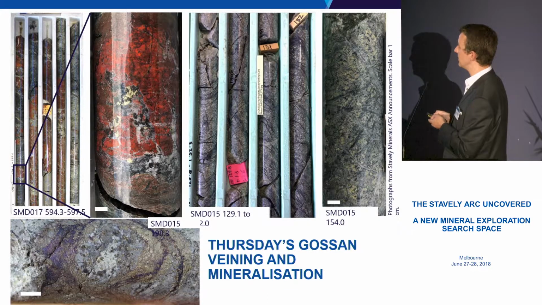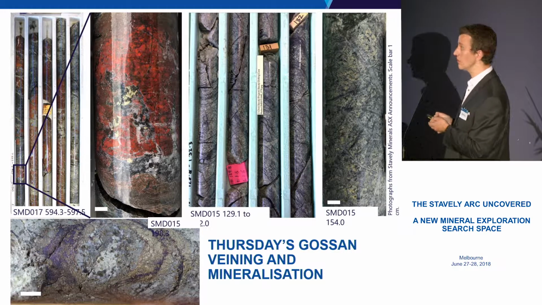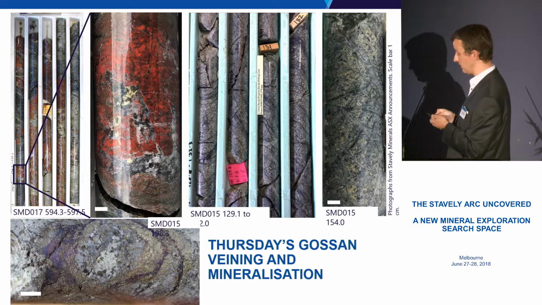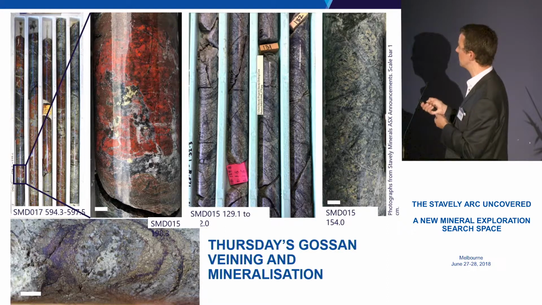More recent drilling has identified chalcopyrite magnetite hematite mineralisation and large intersections of magnetite veining, which are again positive indicators of a porphyry system. And we see bornite, chalcocite, pyrite D veins again, which are an important host for high-grade, relatively high-grade mineralisation in the recent drilling that Stavely Minerals have undertaken.